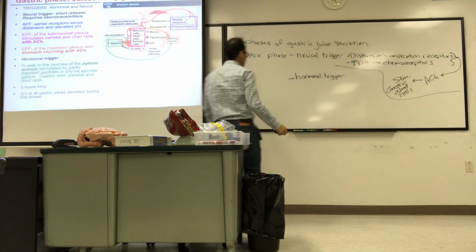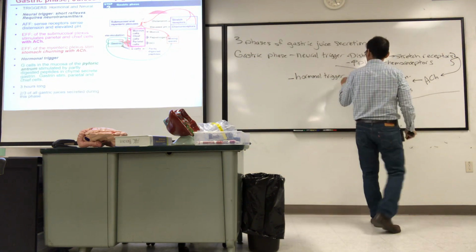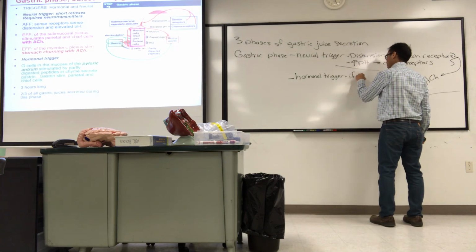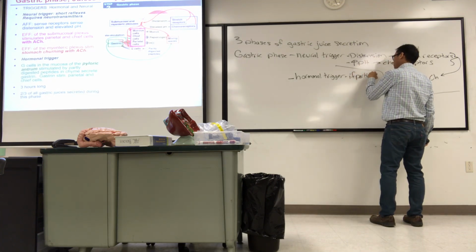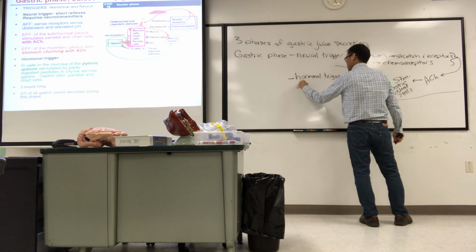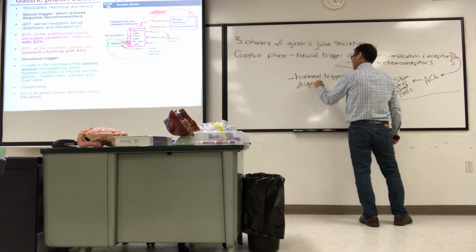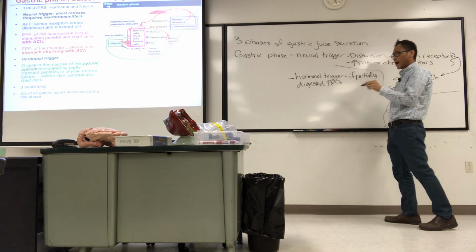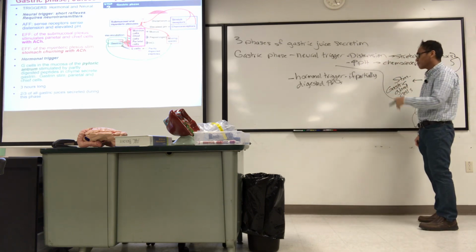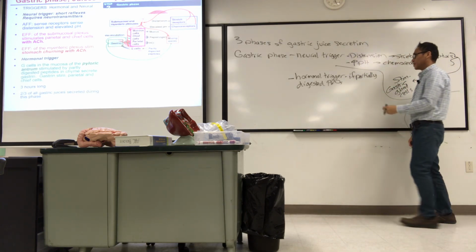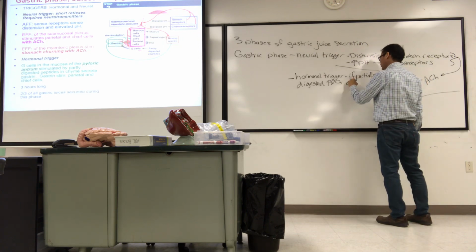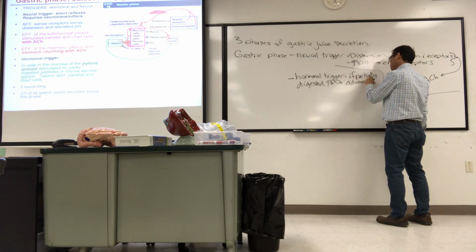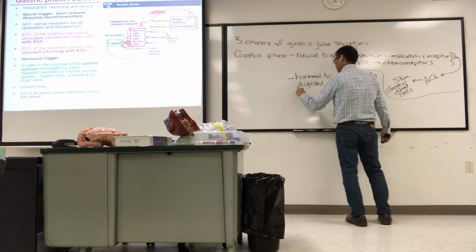So, hormonal trigger. If partially digested proteins, you're chewing your steak too fast, slow down, chew slower. But if it's not getting fully digested, if partially digested proteins advance to the pyloric region,